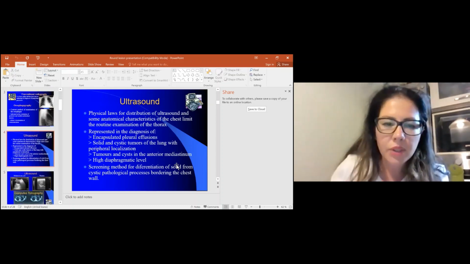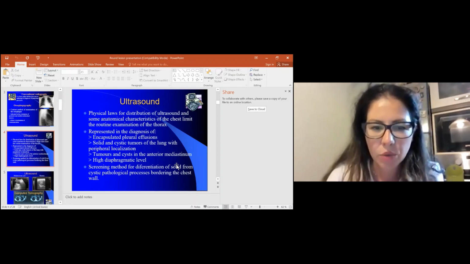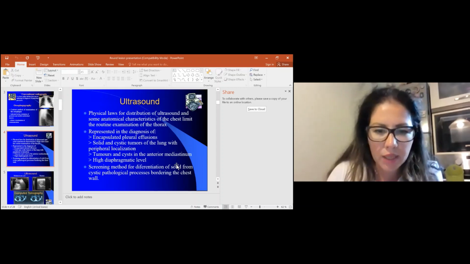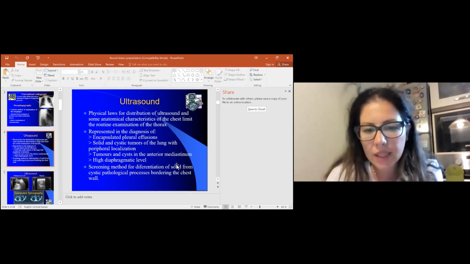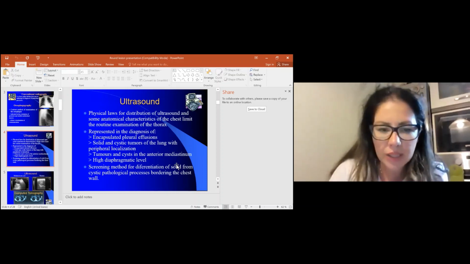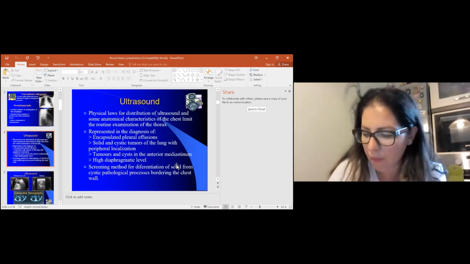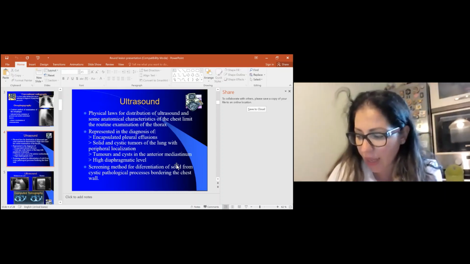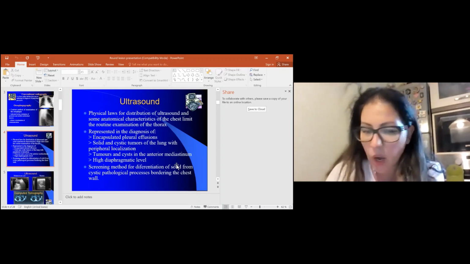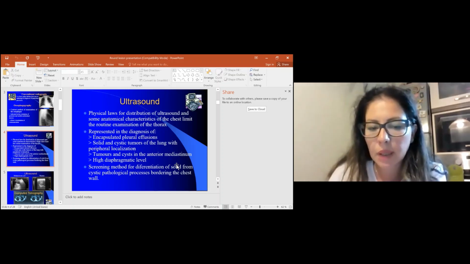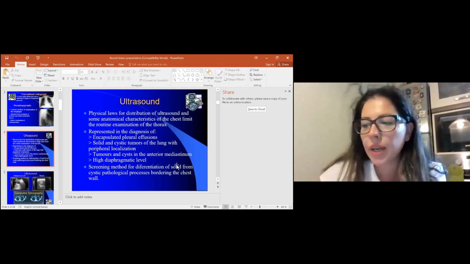Ultrasound. Physical laws for distribution of ultrasound and some anatomical characteristics of the chest limit the routine examination of the thorax. It is represented in the diagnosis of encapsulated pleural effusions, solid and cystic tumors of the lung with peripheral localization, tumors and cysts in the anterior mediastinum, and high diaphragmatic level. Without radiation, with easy application and low price, ultrasound can be used as a screening method for differentiation of solid from cystic pathological processes bordering the chest